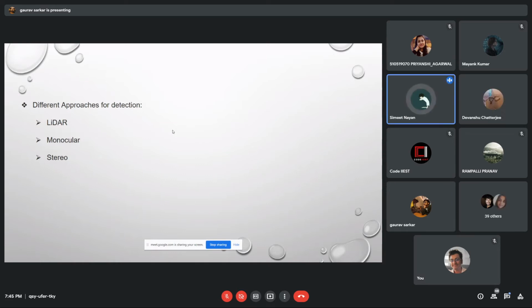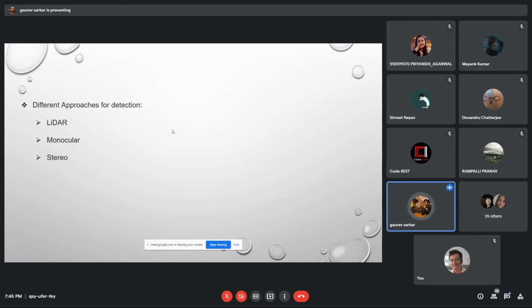Because the human eye is capable of detecting the height and depth of whatever we see. Exactly. And this effect is called stereopsis. By stereopsis, we mean human eyes can detect depth. We are lucky that God gave us these eyes, this perfect alignment, with the help of which we can detect depth in the images. And because of that, monocular is different from our human eyes.